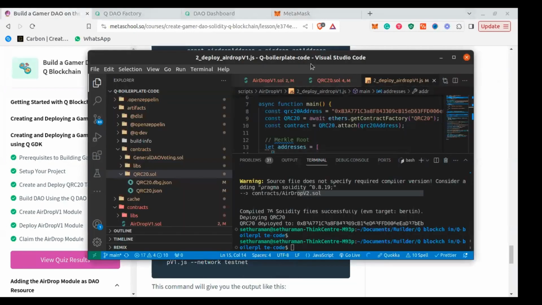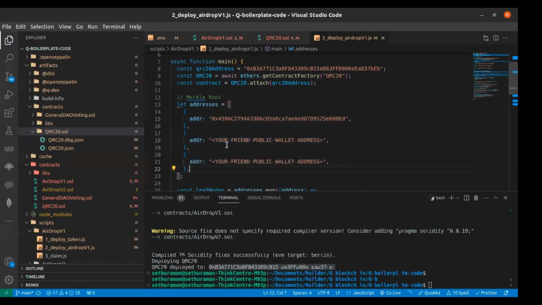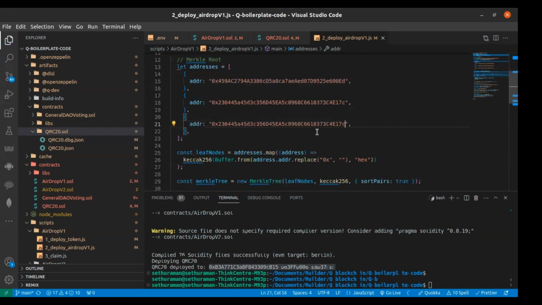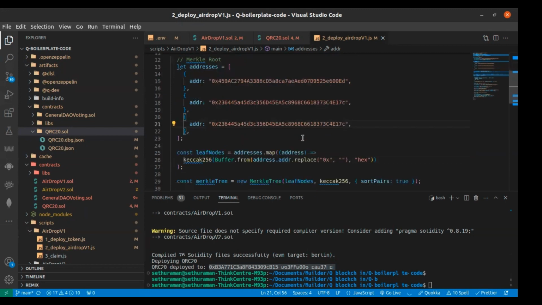So this is how you create a private list if you are having a particular party. This is my address. I have a slot for one more. Okay, I have my two friends now, Wayne and Tirumala. So now you have the list of people who are invited for the party, or who are whitelisted. These addresses are whitelisted, and based on these addresses, we will have